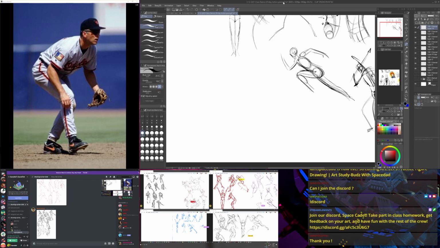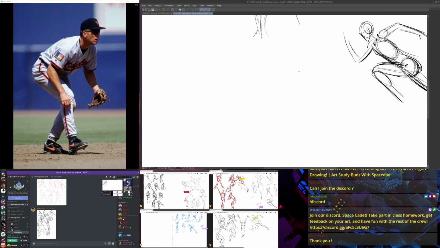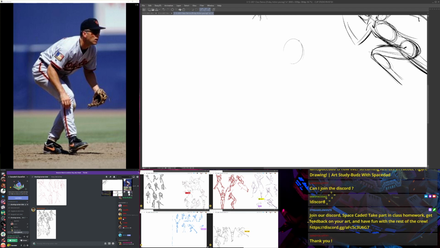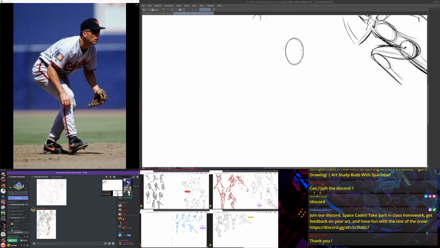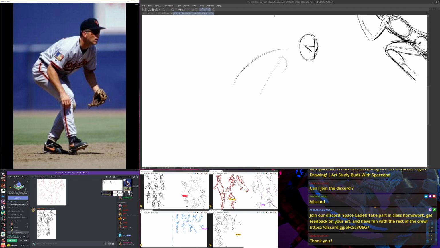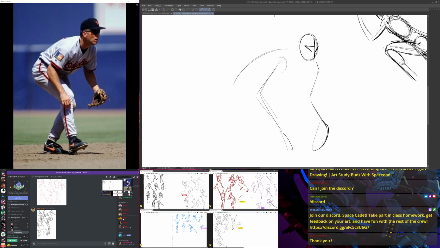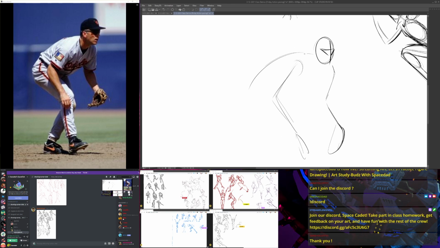Alright, ball player. So we've drawn this guy before. Some more evidence that I need to replenish my figure stock. So maybe I'll do that during the next break. I'll give us a good 10-minute break before the next set, and I can spend a good 10 minutes yoinking pictures for our next drawing set.